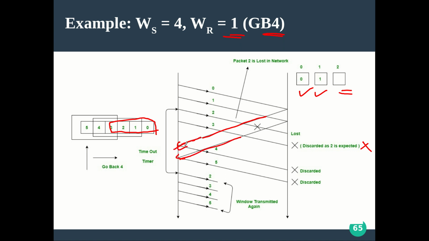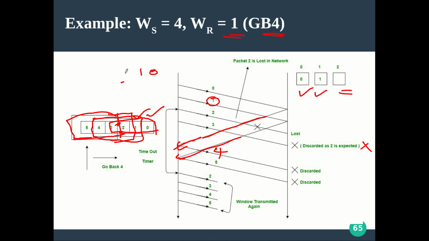Whenever such acknowledgements come, when the acknowledgement for 0 comes, it will slide the window like this. So 4 is also inside my window, which means I am going to send 4. Now when I get the acknowledgement for 1, this 0 is processed and 1 is processed. So now I make my window like this, this rectangle. So who are all inside my window now? Sorry, not this: 2 and 3 are now inside my window.